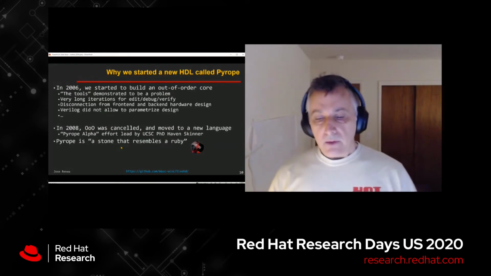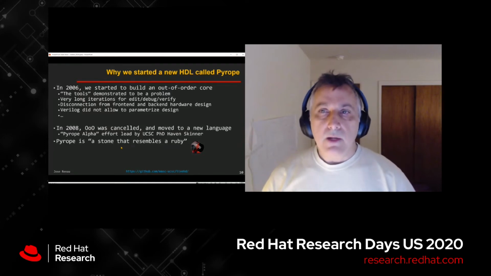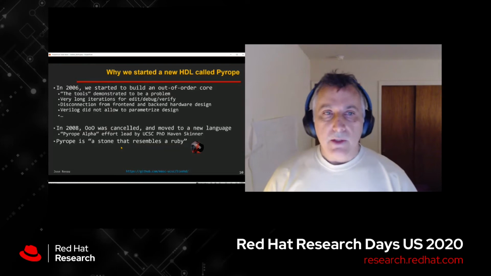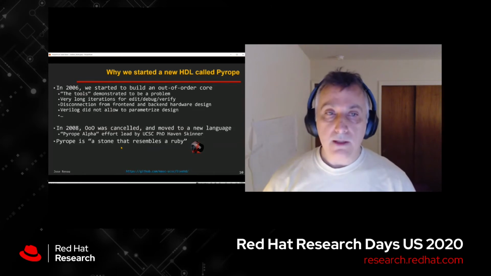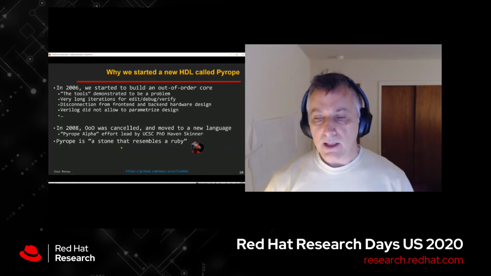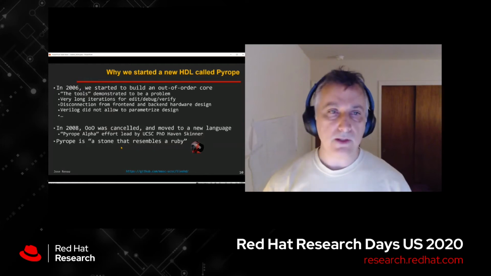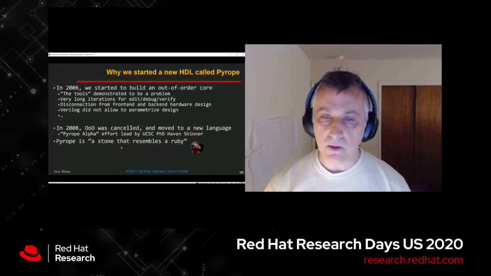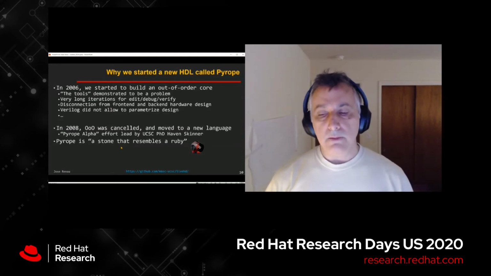So why the new language? It gives a little idea why we started this project. We started a new language that we call Pyro in our flow in 2006. So this is a long time ago. The reason is that in 2006, we started to build an out-of-order processor, because that's my research, as I'm a computer architect. But we found that the tools were the problem. It was not so much how do we specify the problem, it's that the tools were very slow. It was very difficult to guess what the frequency would be, and you had to do iterations and trash the code and redo it again. And there were a lot of different problems.